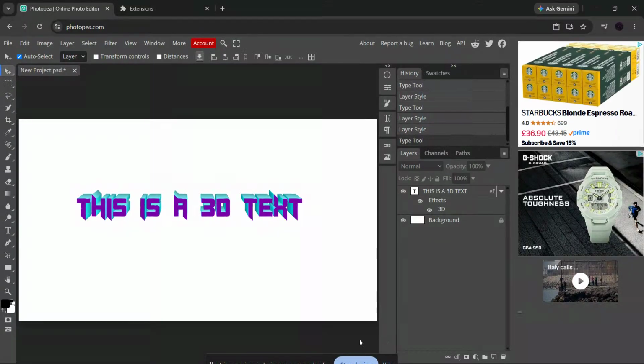If Photopea is throwing an error code 400, don't worry. In this video, I'm going to walk you through the fastest fixes step by step so you can get back to editing as quickly as possible. This usually comes down to a browser issue, a bad cookie, an extension conflict, or sometimes even a network cache problem. The good news is that most of the time you can fix it in just a few minutes without